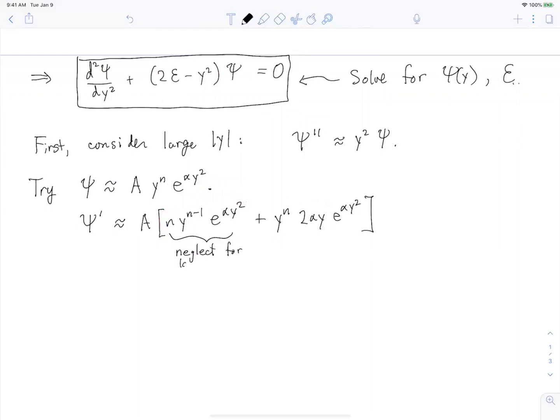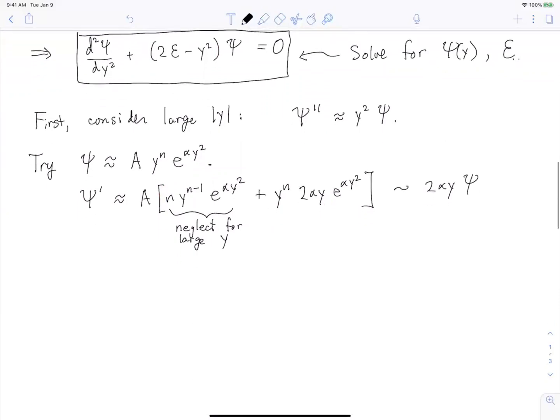Neglect for large y. So this is approximately 2 alpha y times the original psi. Okay, now we're going to take another derivative because from here, what we need is psi double prime. So psi double prime